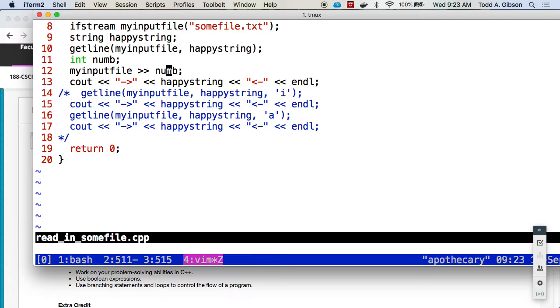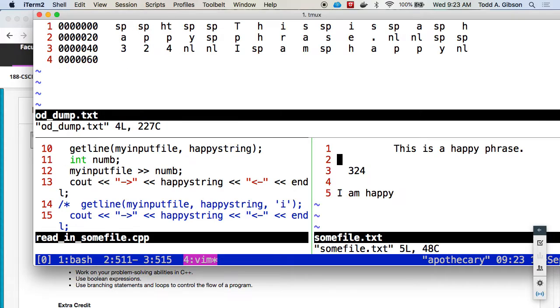Now, white space is 3 characters. It's either a space, a tab, or a new line. Those are the 3 things that constitute white space. So looking at